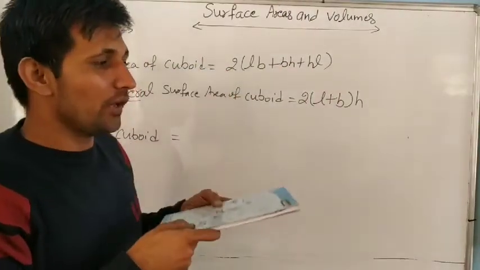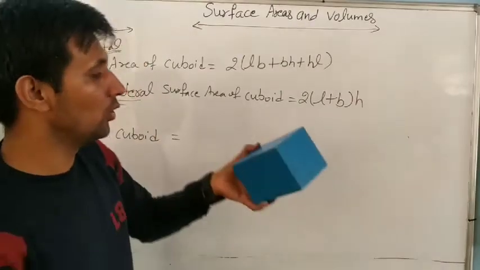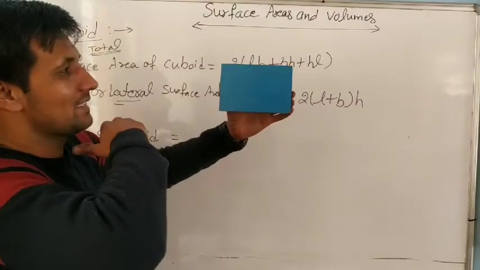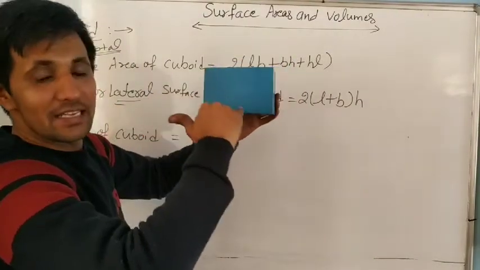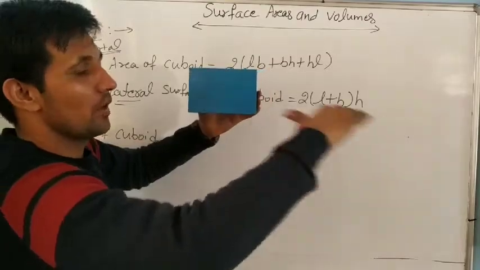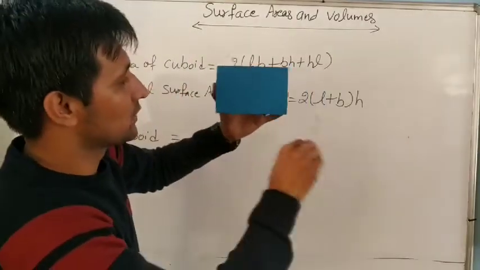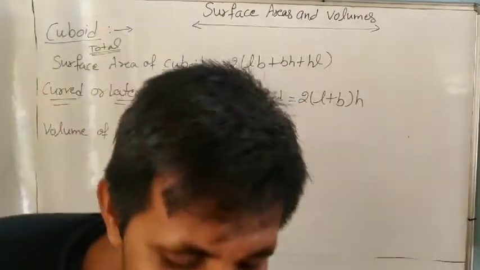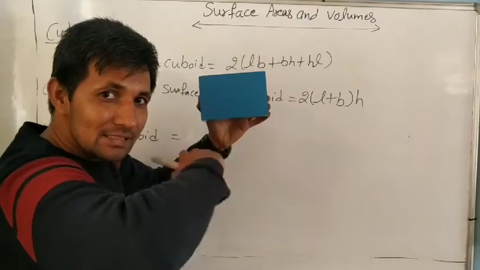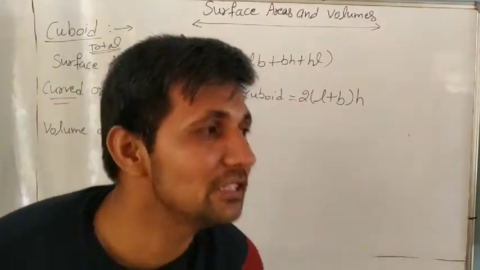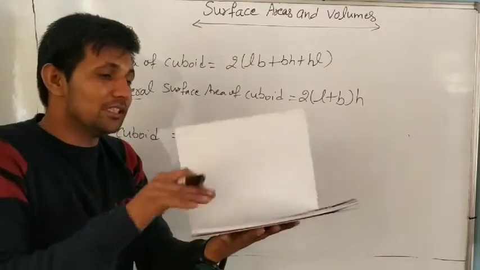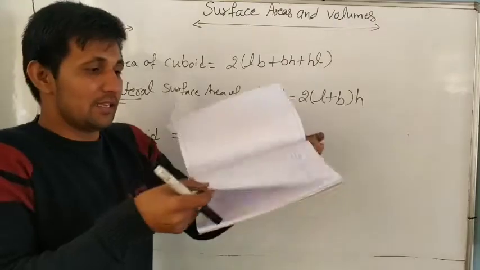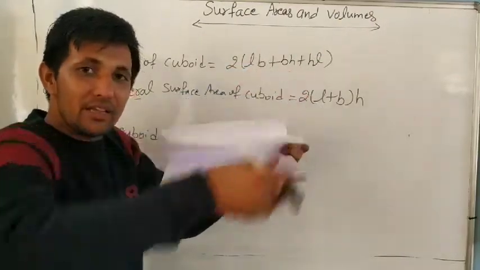So if you want to find volume, look: volume is inside. How much space is inside? Suppose we slice this cuboid into many slices. One like this, if I cut like this. One slice, 2, 3, 4, 5, up to 2000, more than 2000. If we cut thin slices like this, what does it become? These are thin slices, every page in this. The first page is very thin. So every page is in the shape of a rectangle.